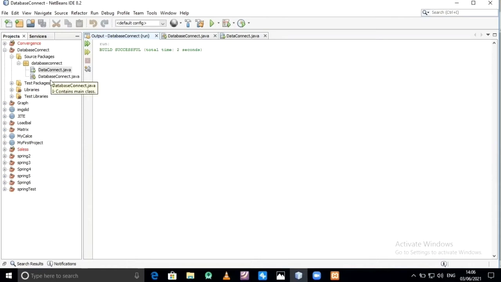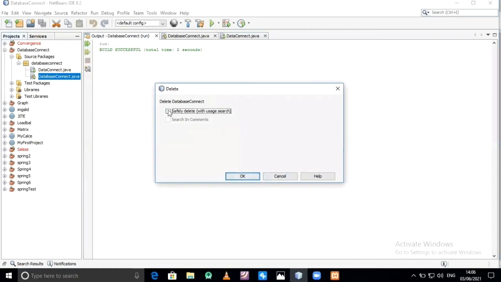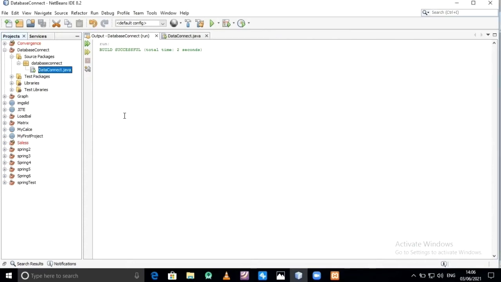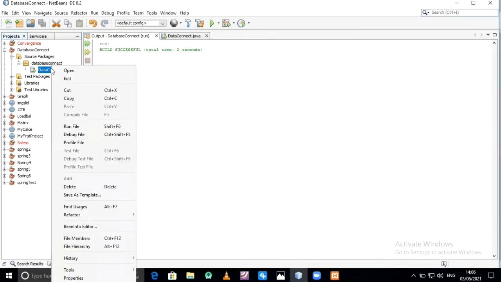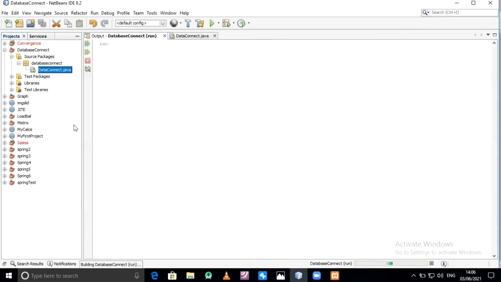Okay, the main file is DatabaseConnect, and our actual frame is available here. So there is no need of this file DatabaseConnect, so delete it. Refactor. Right click on this, run file.